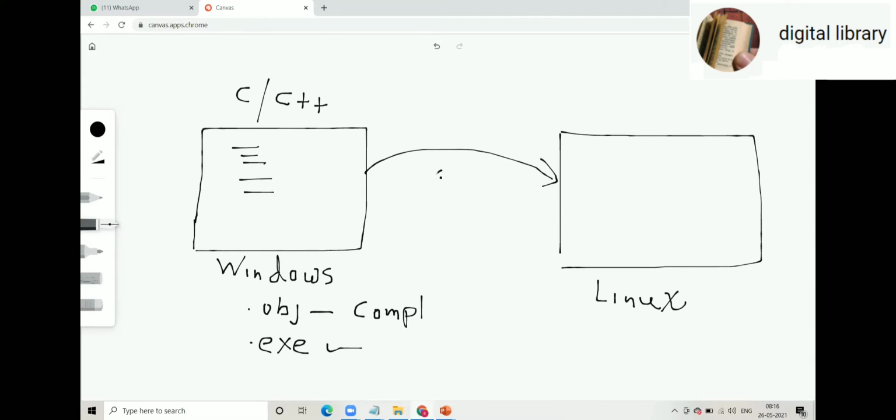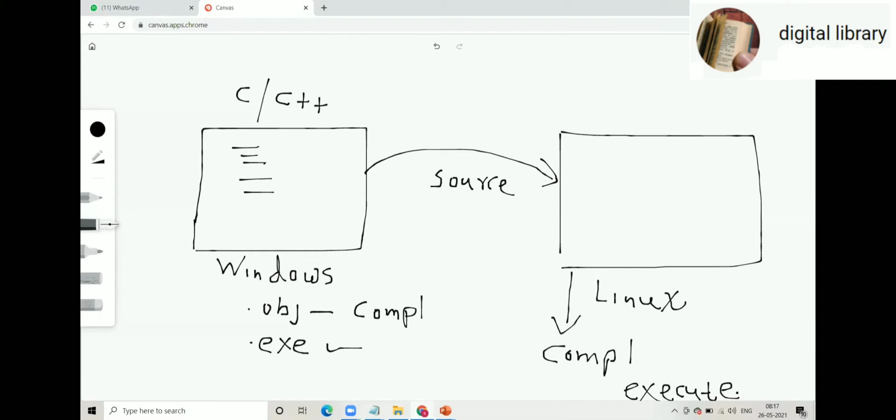So we can say C, C++ are platform dependent languages. Why platform dependent? Because in order to run a particular code on that platform, you need to first compile and then you can run. That's why they are called platform dependent languages.